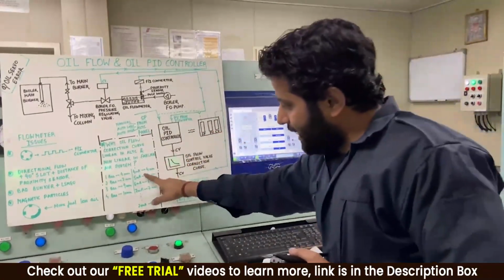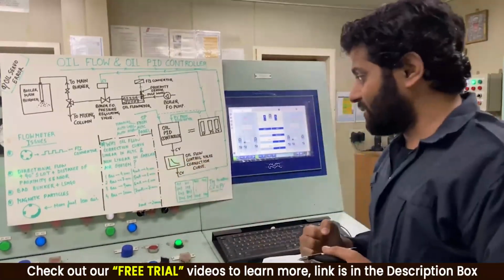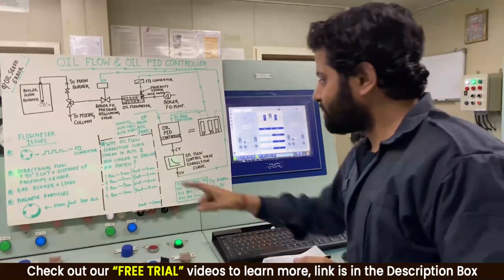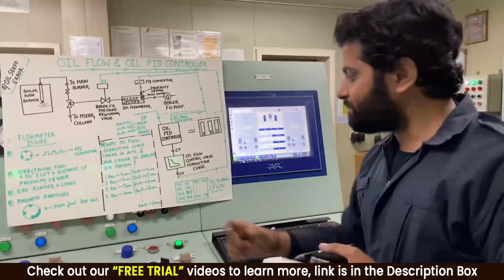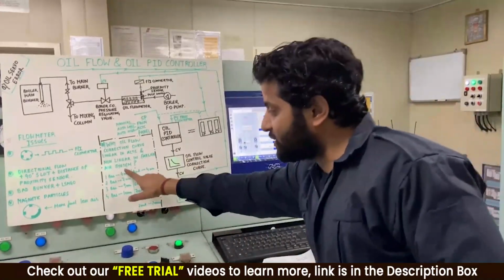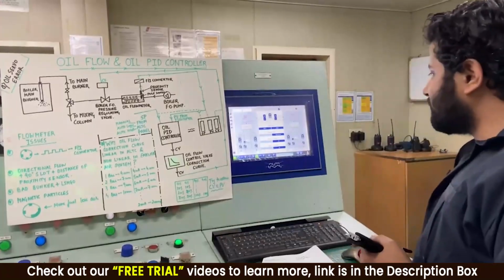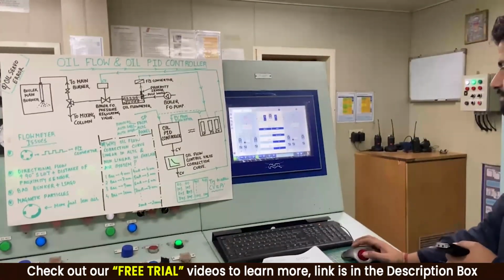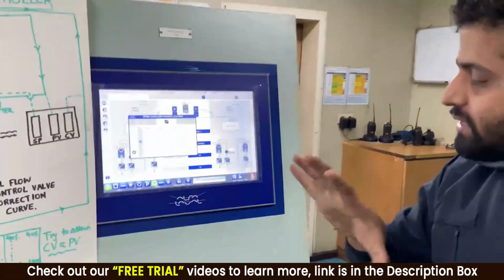But in an electronic signal, when you give a 4 milliampere signal, say the piston moves 4 mm, 5 milliamperes it moves 5 mm, 6 milliamps it moves 6 mm, 7 milliamps it moves 7 mm. So it's linear over here, but it is not linear over here. So when it is not linear over here, this correction curve earlier never used to be linear. It used to be completely different.